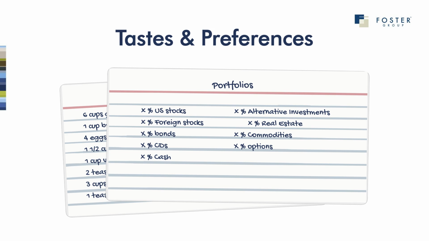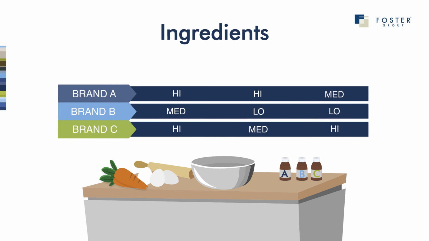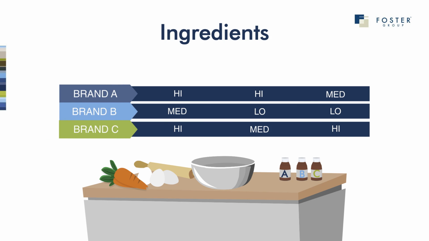Coming up with the right recipe, the best combination of ingredients, goes a long way to creating a good cake. But the general recipe is only part of the story. If the recipe calls for almond extract in the frosting, which brand provides the best almond flavor? Will you use a less expensive imitation almond extract, or will you use the real thing? And among the brands offering the real thing, is there one that tastes better than the others?